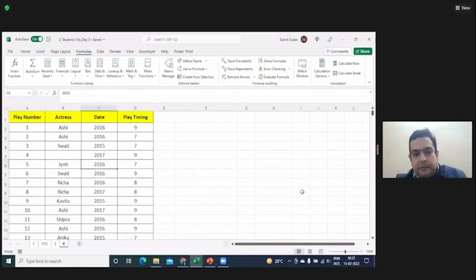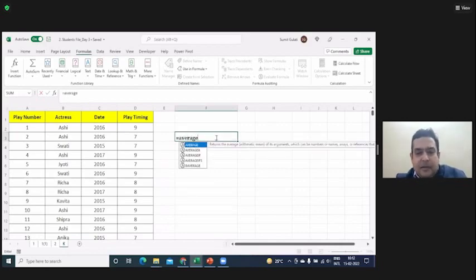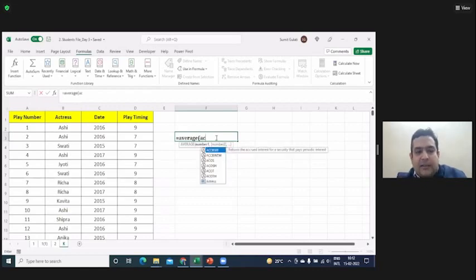What's the other option rather than double clicking on the options that we get, like actress or date? Is there anything I can use via the keyboard? Yes, you can. Suppose you have to find the average. Average, okay? After average, suppose you type actress. Suppose this comes up at the top, which is the first entry. If there are actress entries coming at second position below it, it won't work. Press a tab and it will get selected.